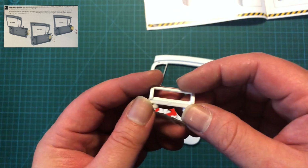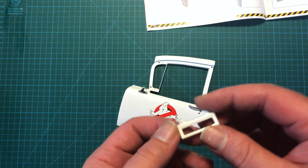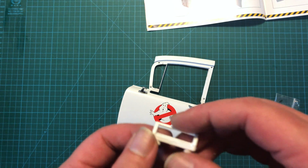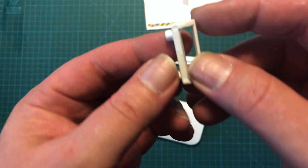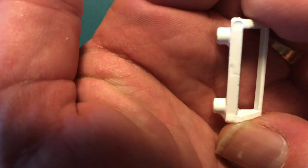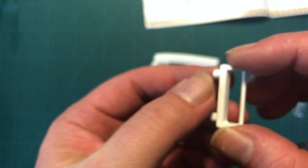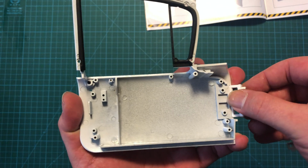Alright, next up is the hinge. Now, interestingly, the instructions say the side of the hinge with the L should be facing the exterior of the door. Well, I don't see an L on here. I think they covered it up with the paint. I can kind of see, and I don't know if it's coming up on camera, what looks like an indentation of an L right there. So that's the side I'm going to have facing the exterior of the door, and I really hope I get